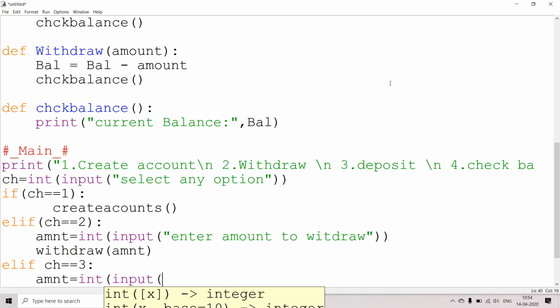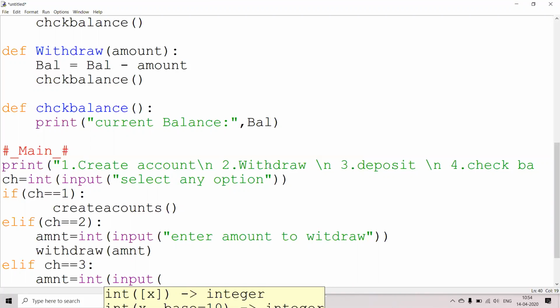The only purpose of showing this example is to show how functions can be used in real-time examples. It requires a lot of things, because it is not a bank. If this were a banking application, we would be giving software to the banking people. So this is basic software to represent how to use functions and how to call them, and how to carry out basic operations with the help of banking or any kind of application. We can do a lot of modifications and updates to this. The scaling is very huge.